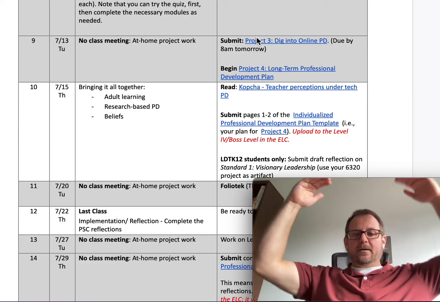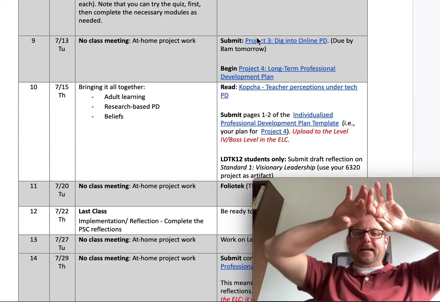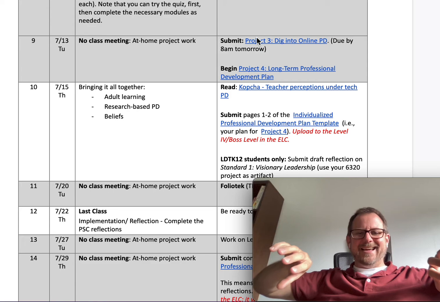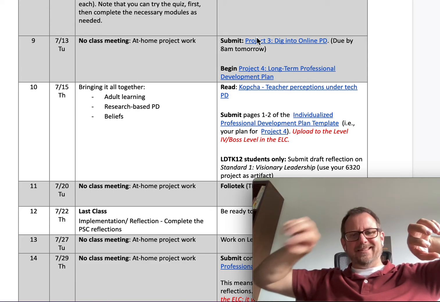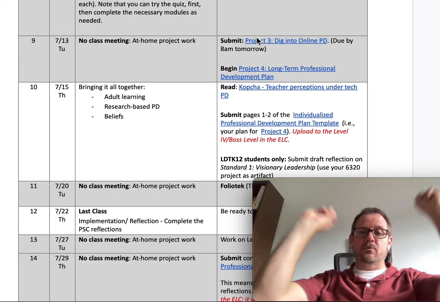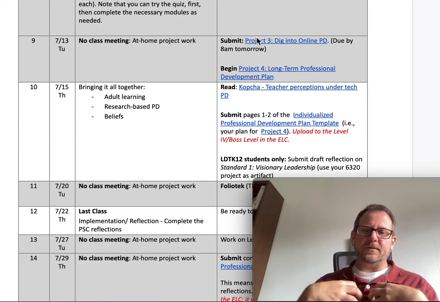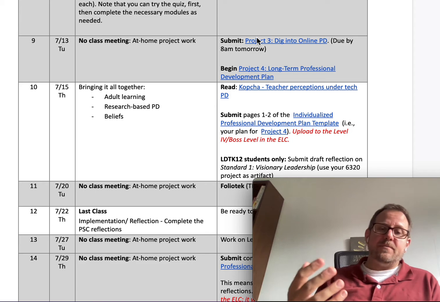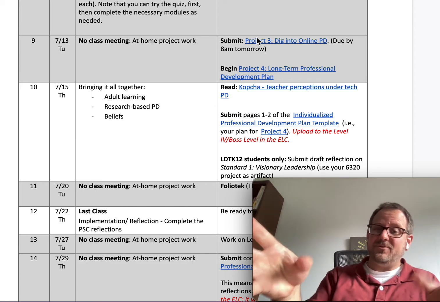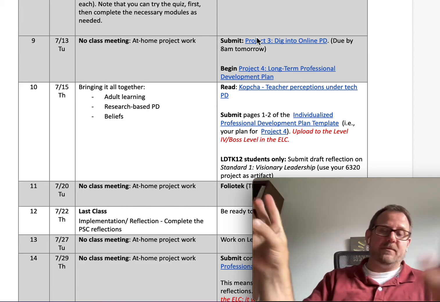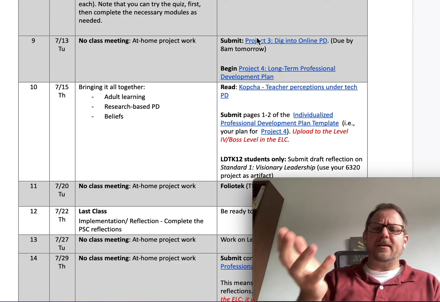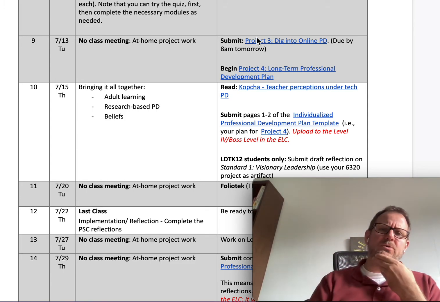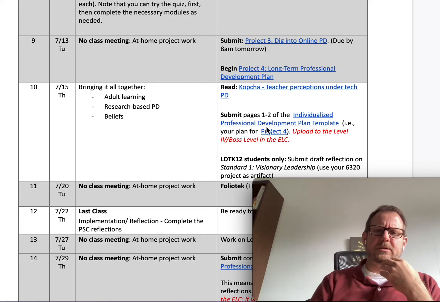So you're all going to be learning about these three things, and then we're going to differentiate at the end, so that more advanced students in the EDS are actually planning for a group of teachers other than themselves. If you're a master's student, you can focus on yourself. Of course, if you're a master's student and you want to plan for other teachers, you're welcome to follow that path. I would never hold that against you. But you also have the option to focus just on you, which is a really powerful experience.